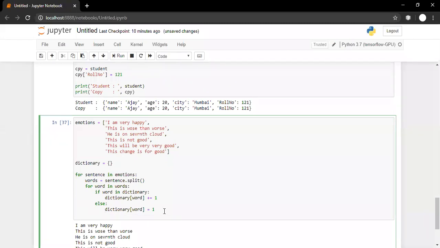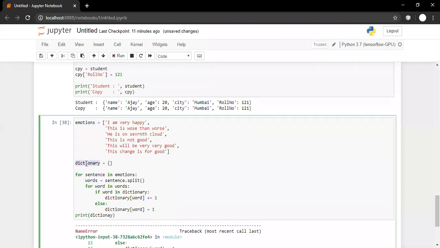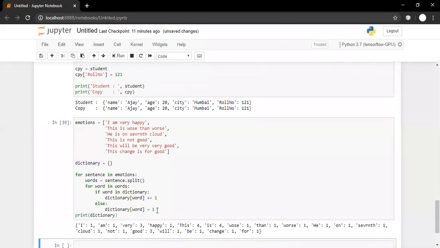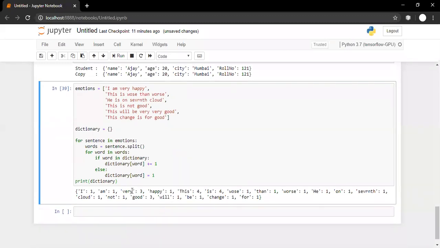And our final step: print the dictionary. Yes. So now the I word appeared once, the m word appeared once, very appeared 3 times, and so on. But this is not a good way to print the dictionary.